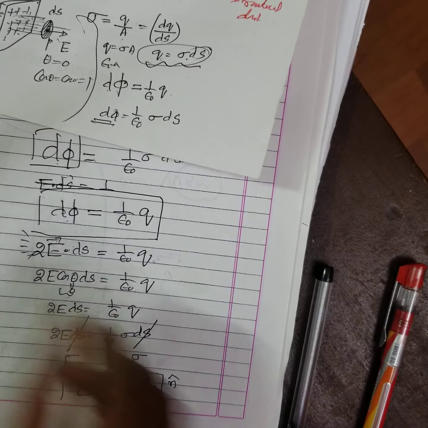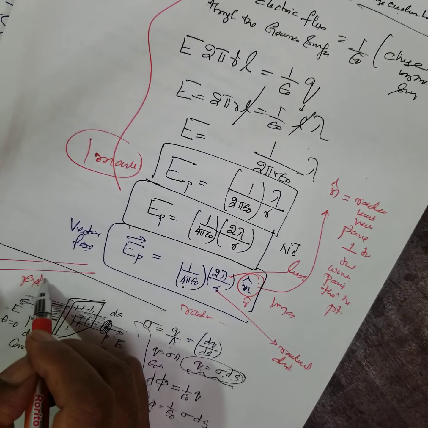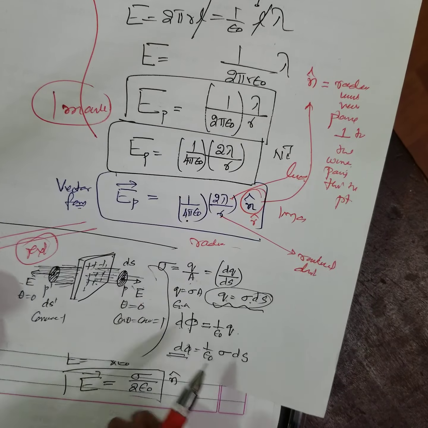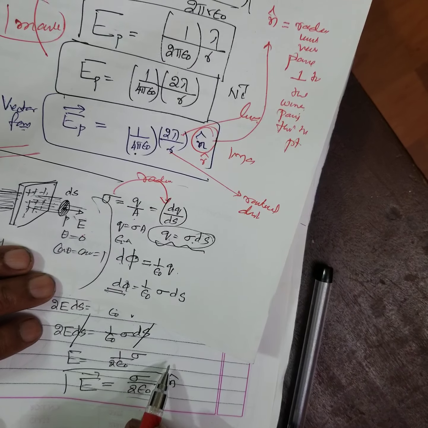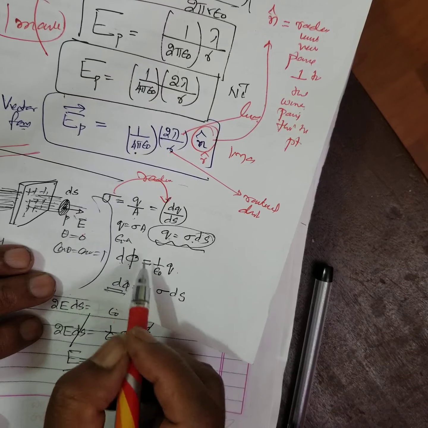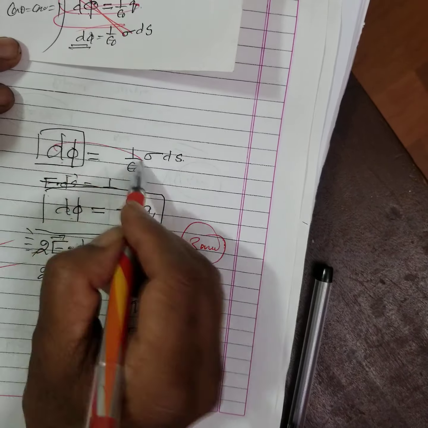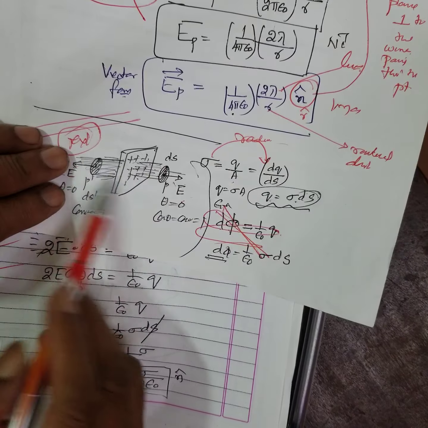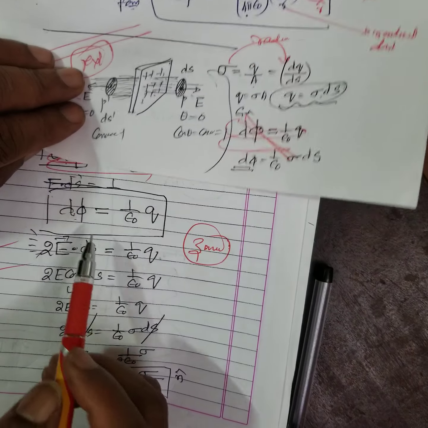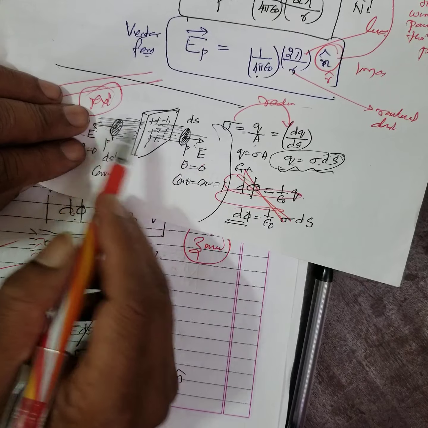Okay. This is also they'll ask you for 3 marks. You go through the textbook and your notes. Concept is this. Understood? Then you need not write this also. Just you can stop here. You start from here. According to Gauss theorem, total normal electric flux through the Gaussian surface is equal to this. You write this, but you write 2 because you are doing it on both sides.